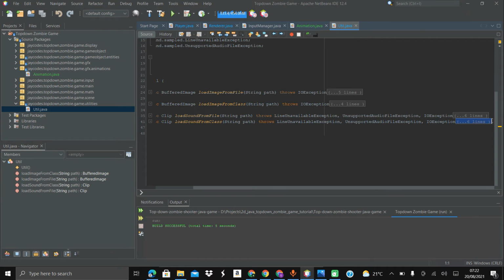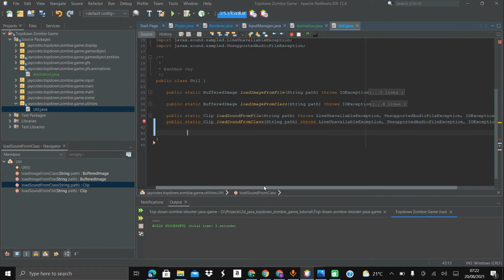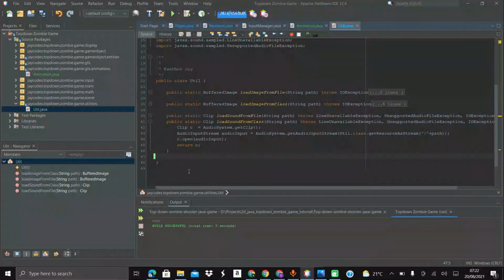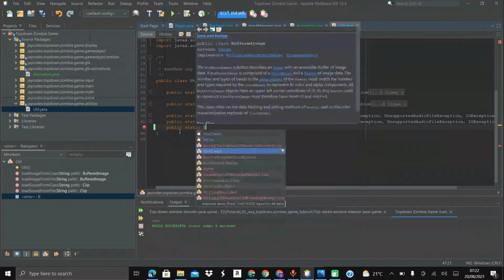What we need right now is a public static BufferedImage array,